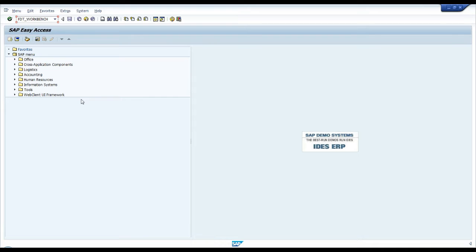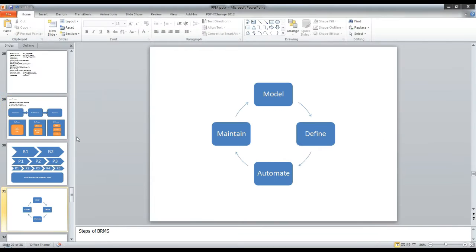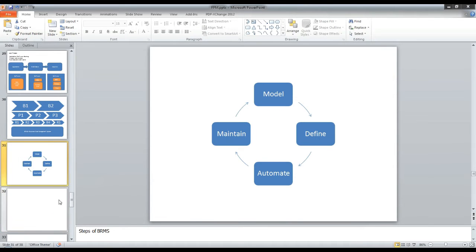So this is what was the beginning of this. That's why they have kept it as FDT workbench also. All these three transactions are used to start the BRF workbench to create a BRF application. So what we actually do is, when we say we are working with BRF, we start with the development of a BRF application.